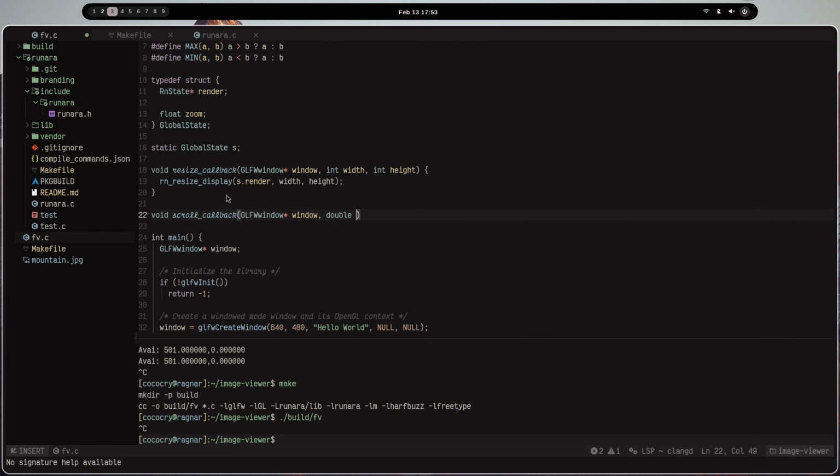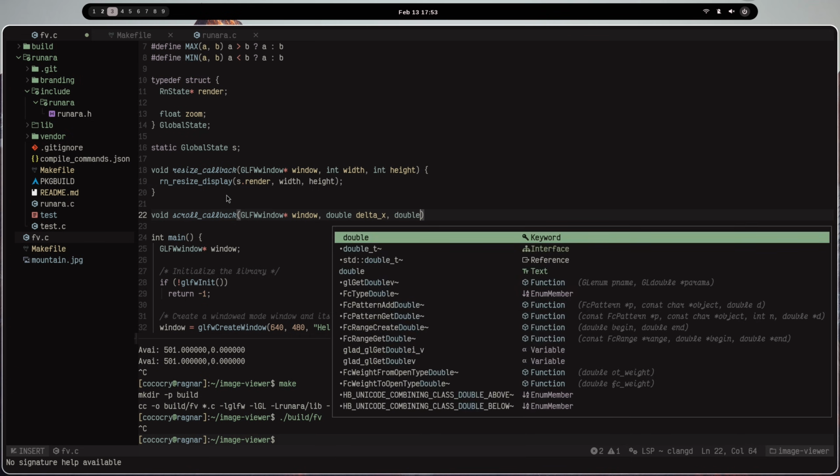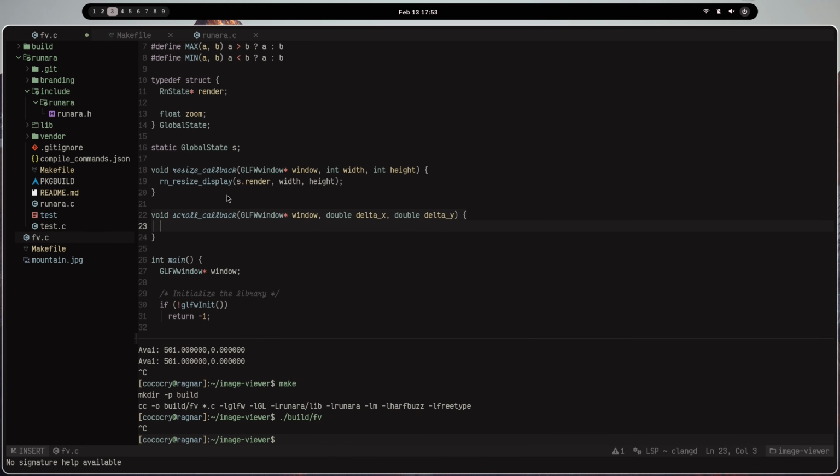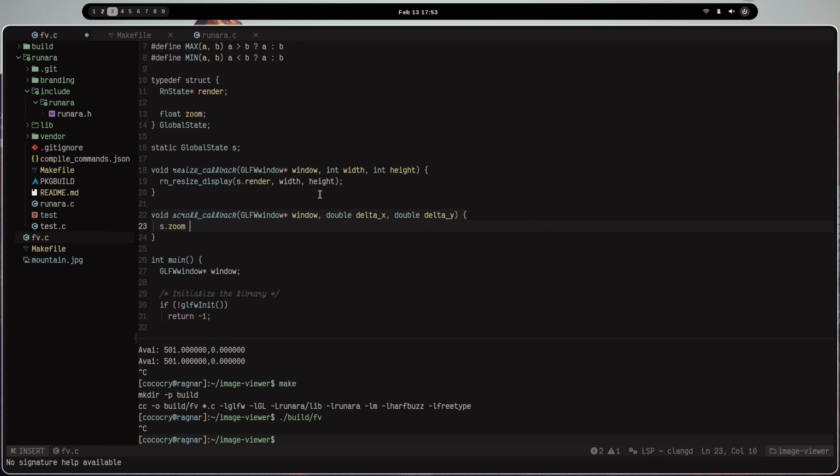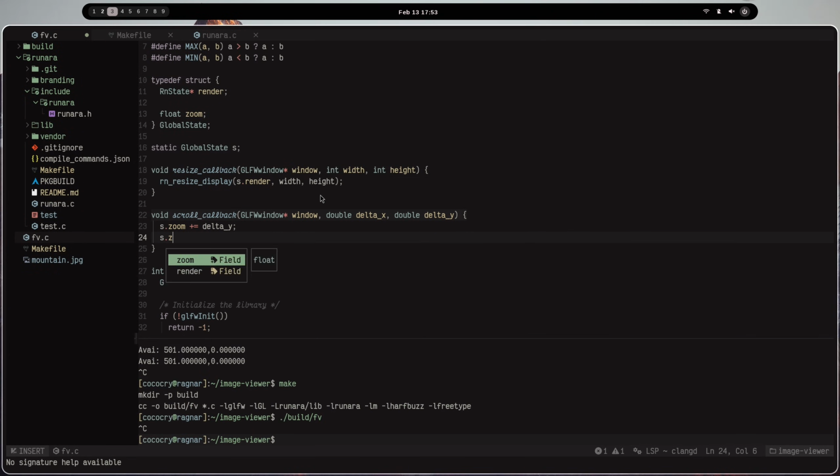So double delta x, double delta y, and we will just say s.zoom plus equal delta y, and then s.zoom is equal to max s.zoom 1, so that when zoom is somehow 0, we just clamp to 1. And then we can also say min of that and 15 or something,